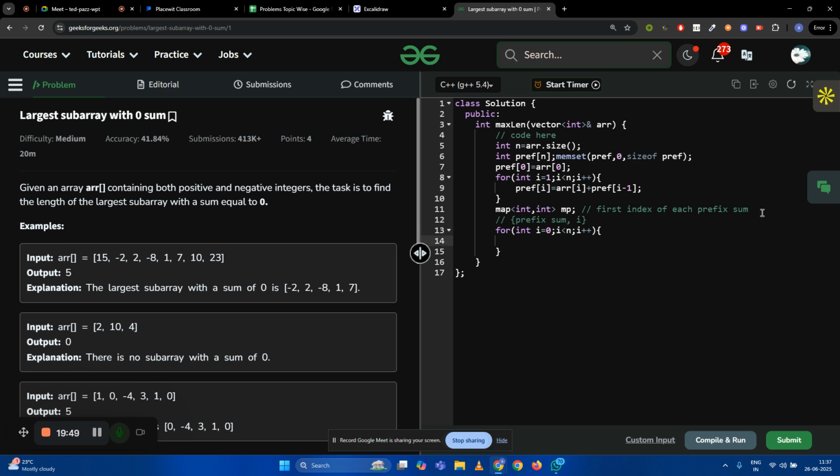Okay. So if mp dot find prefix of i equals mp dot end, it means that if that prefix sum is not inside the map, I am inserting it for my first time. So I would insert it. So mp of prefix of i equals i. Else,